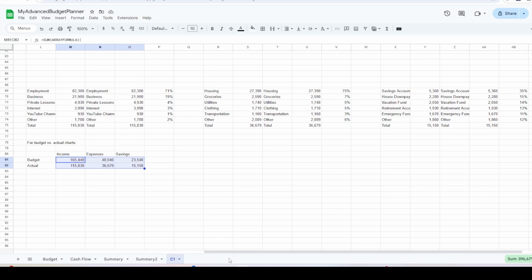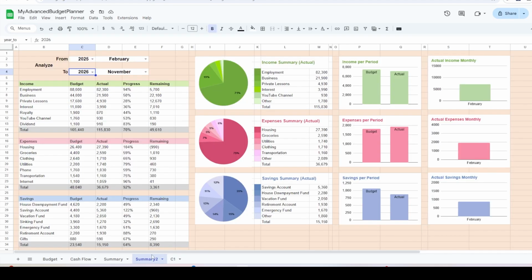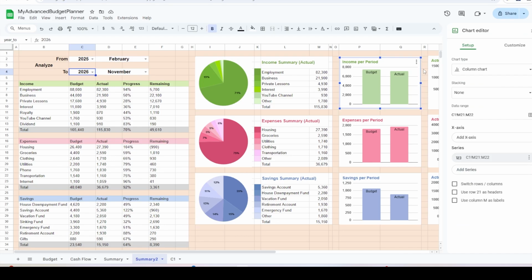Switch to the Summary 2 spreadsheet. Select Income per Period Chart. Click on three dots icon. Select Edit Chart. Replace data range with